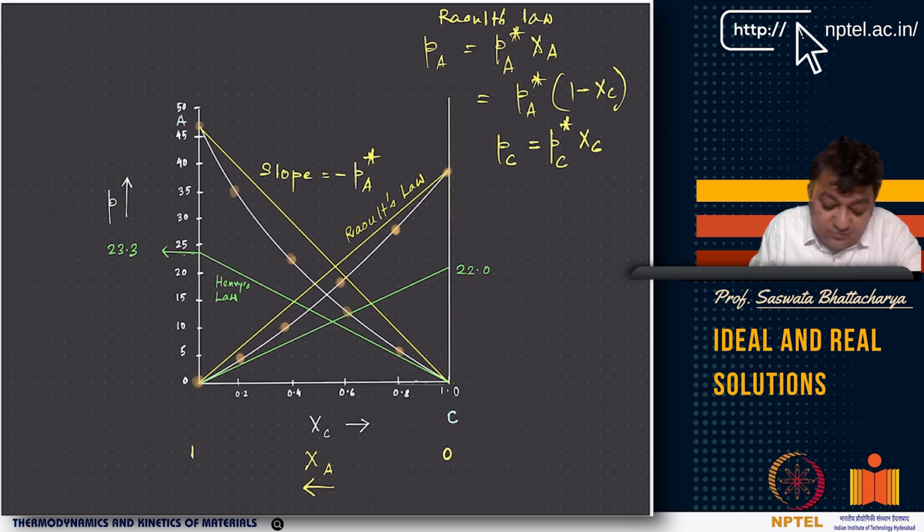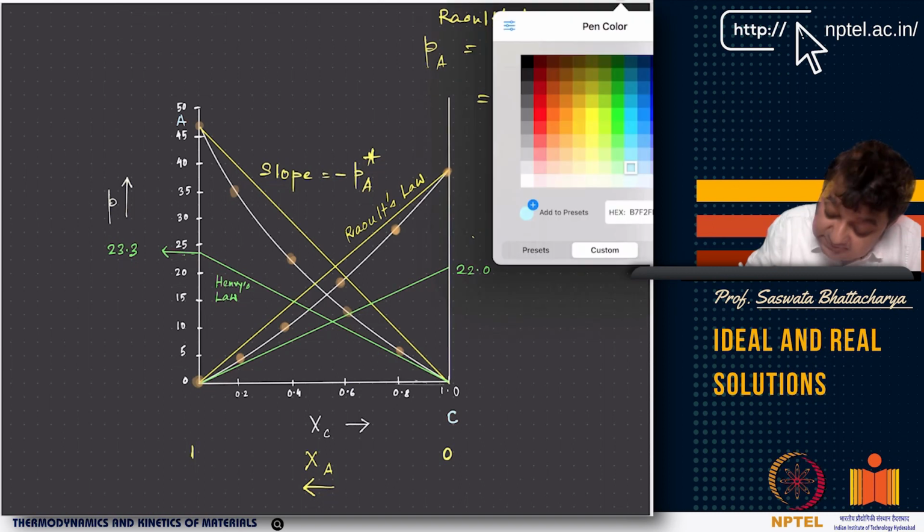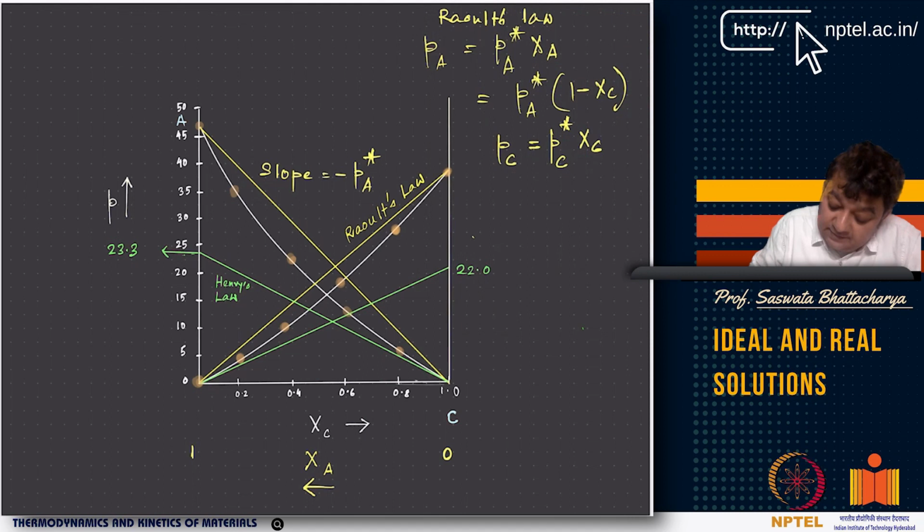That green tangent basically gives me a partial pressure value of the activity, that's the gamma 2 value. So this is basically gamma. So let us look at this line. The green line is here or here, say. So this is basically equal to gamma C0, right? So this is the constant and this is basically gamma A0, right?